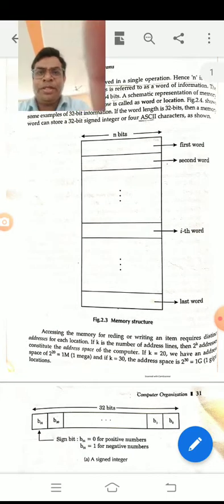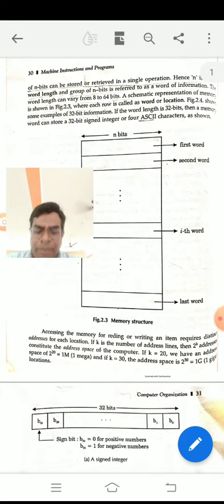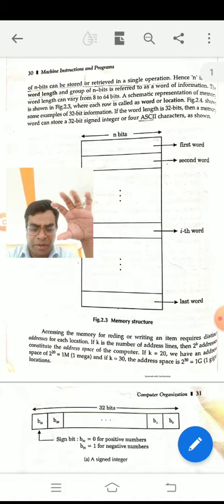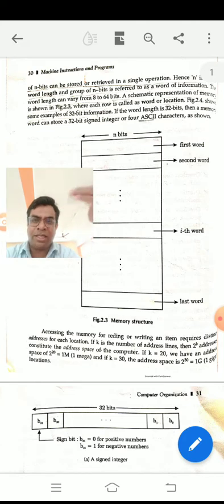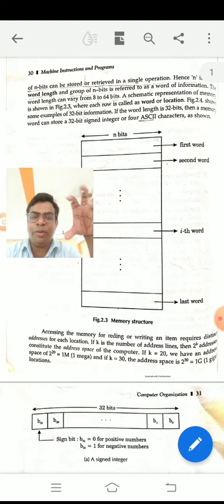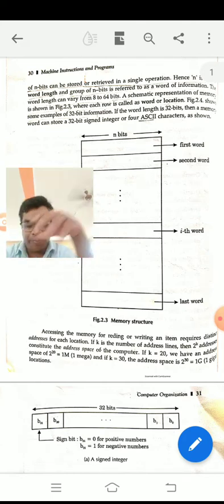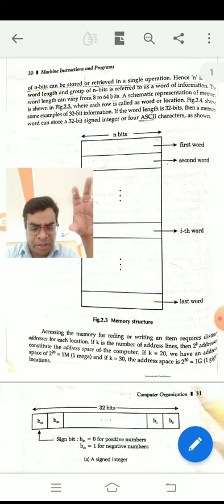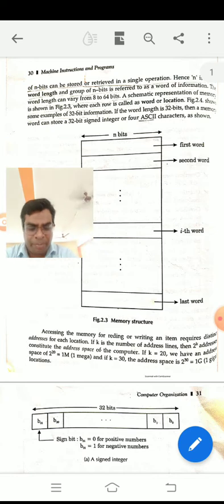In the memory structure and memory addressing, information like numbers, characters, codes, and instructions are all stored in the memory. Memory means where your program is stored. For example, any type of numbers, characters, codes, binary code, ASCII code, hexa code, and the different instructions. You type some important instructions, for example C, C++ codes, and Java. When you type in the program, all that information is stored in what is known as memory.